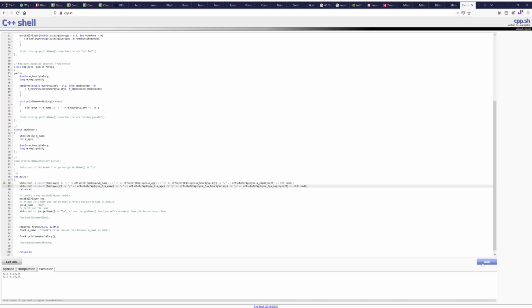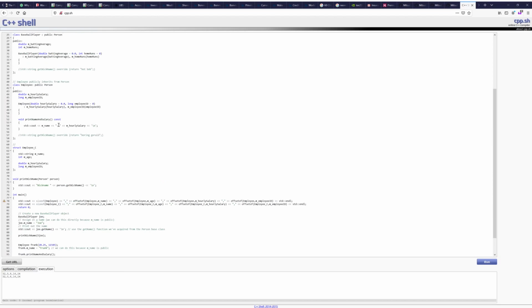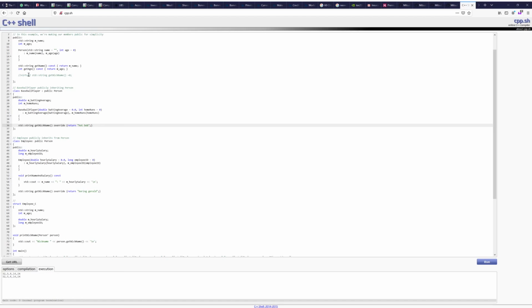But this is now because I can use employee in a function, no problem, as a person. It's absolutely no problem. But the problem is that now when I pass this employee or this baseball player to a function which is working with the person type, is that